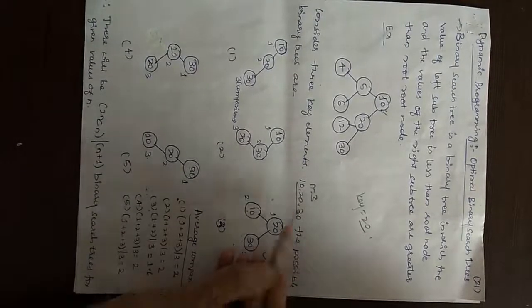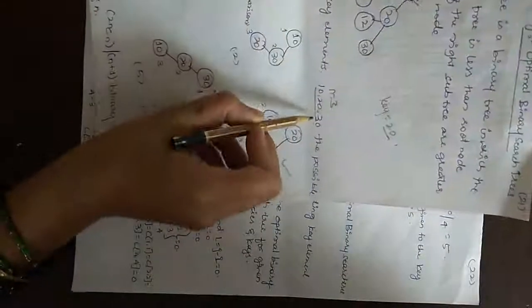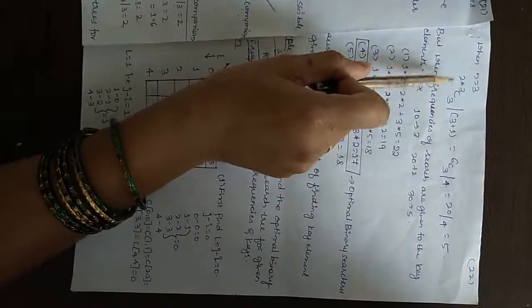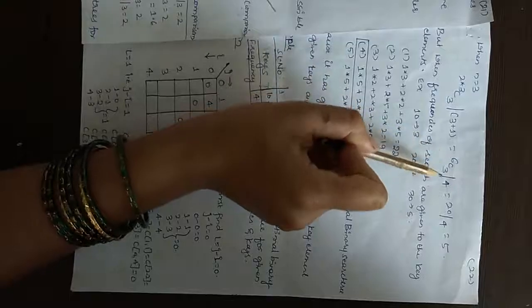tree. So in general, if you are having n number of keys, then how many organizations of tree are possible? So 2nCn divided by n plus 1 binary search trees are possible. So for 3 keys, 5 organizations are possible. Now you can see here n is equal to 3. I am going to substitute that here. So after substituting, what am I going to get? 6C3 divided by 4, that is 5. So 5 tree organizations I have got when n is equal to 3. Like that, when n increases, the number of organizations of tree also increases.